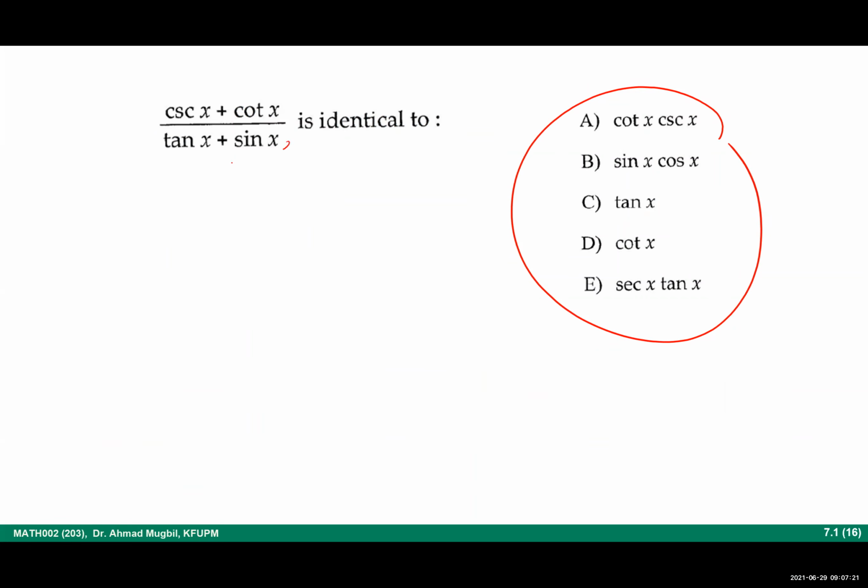What can we do here? Put them in terms of sine and cosine. You are right, Jasir. Yes. Write these in terms of cosine and sine. And I have the solution here for you,